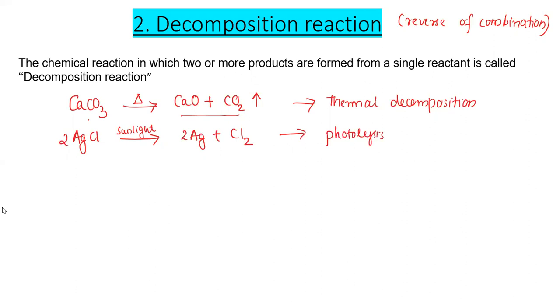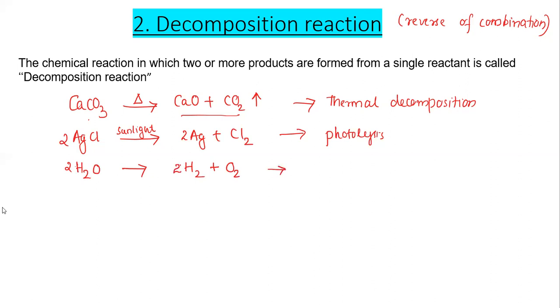Now one more is there, that is electrolysis. Electrolysis means to break the reactants, electricity is used. The best example for this is electrolysis of water. When electricity is passed through water, it will split into hydrogen and oxygen. Now balance the equation. Oxygen 2, so here also 2 should come. Now hydrogen became 2 into 2, 4. So multiply here with the 2.